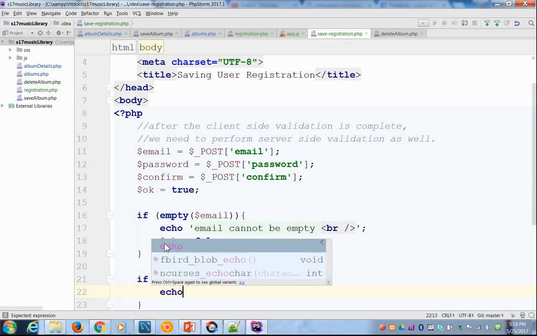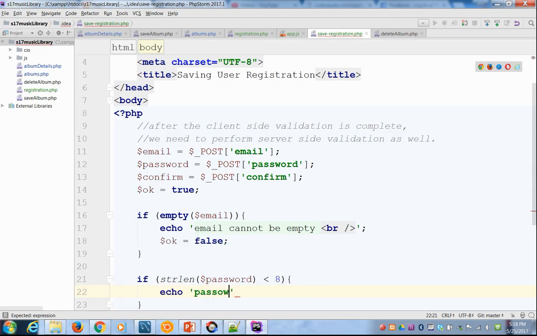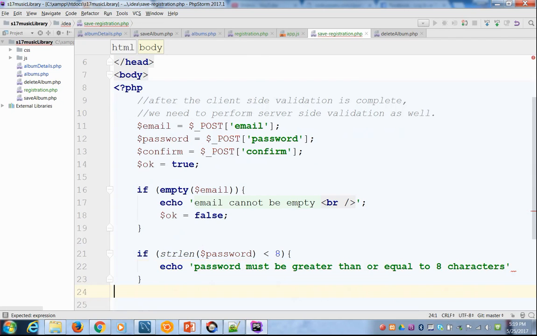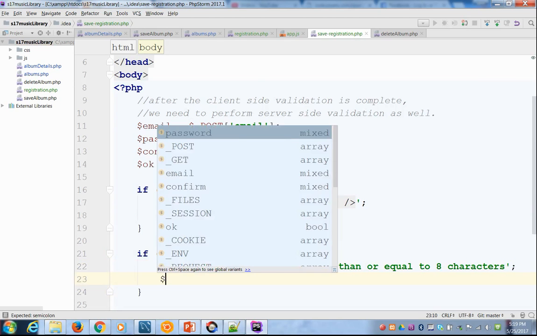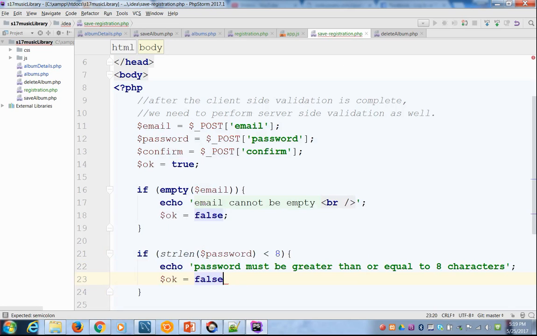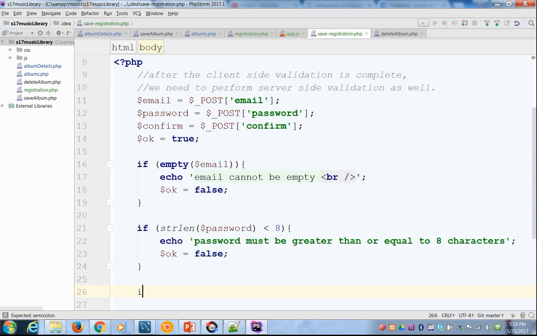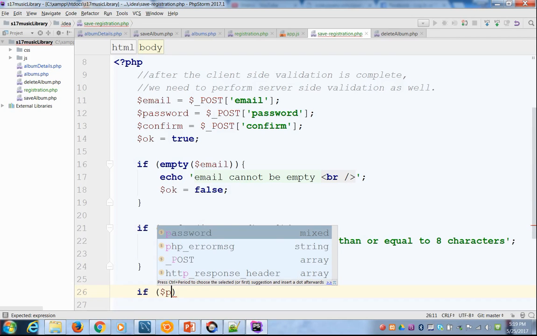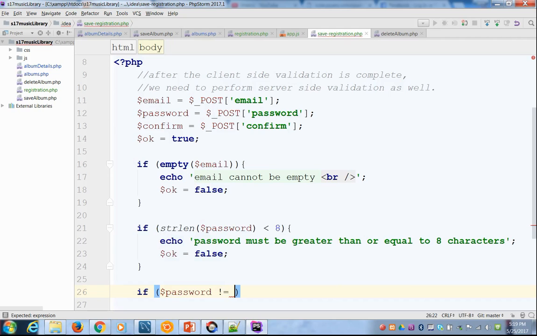So if it's less than 8, I can echo and say... and we can also check that the passwords are indeed the same. So I can say if password does not equal confirm,